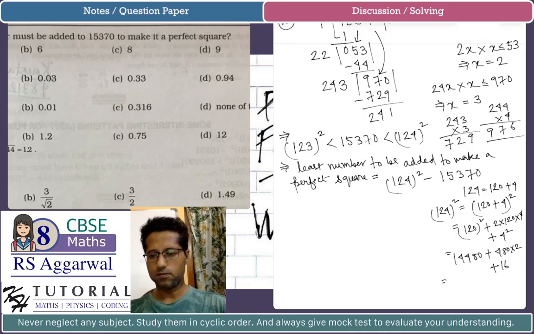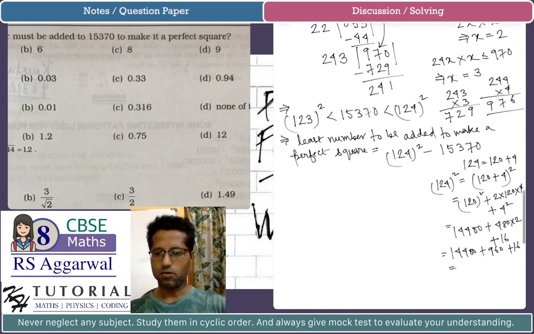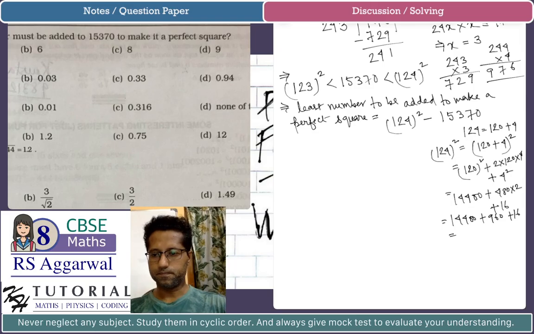So this is 14400 plus 960 plus 16. So this is equal to